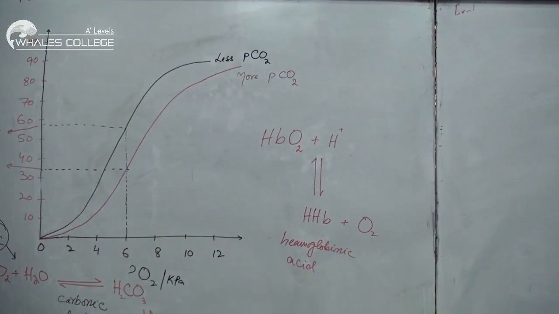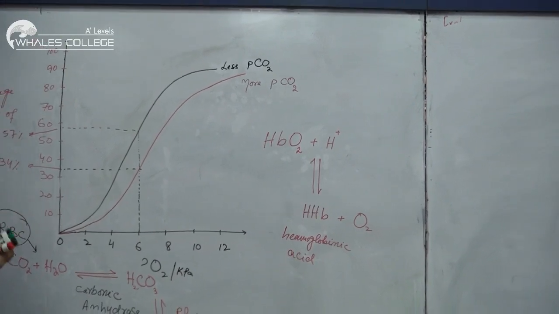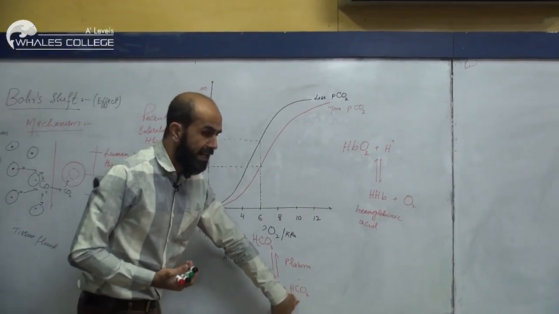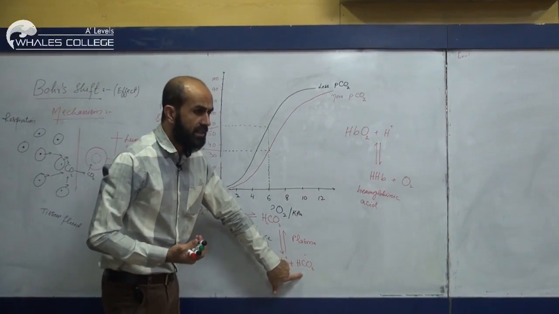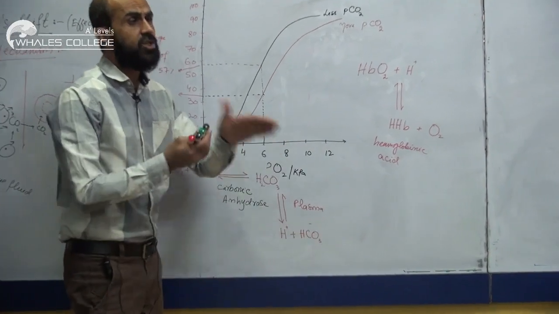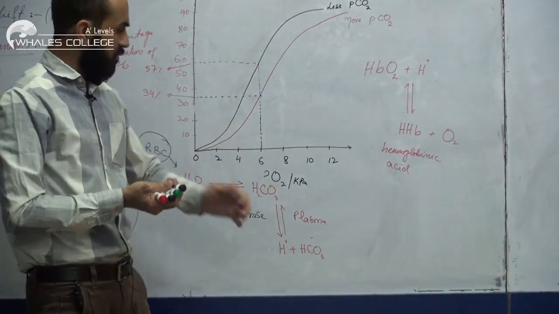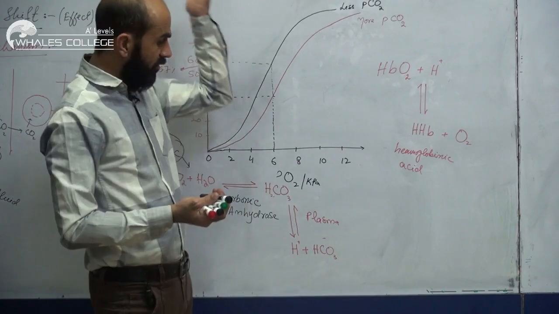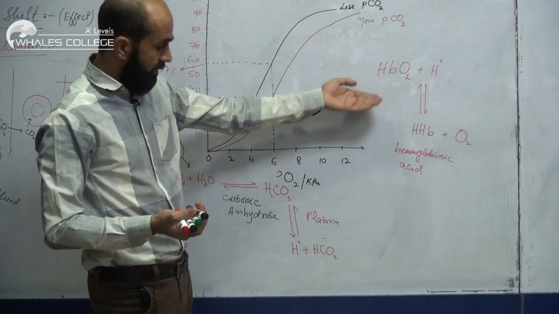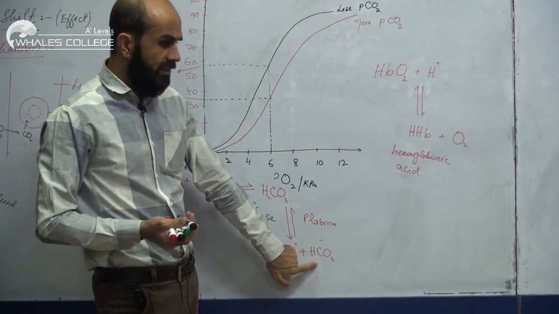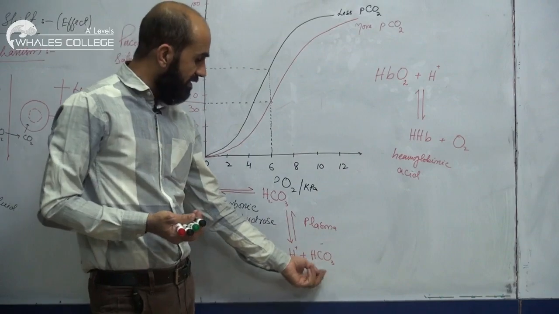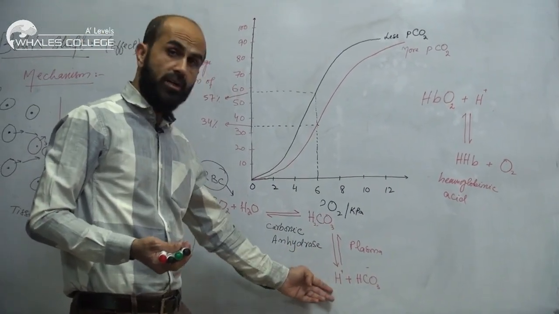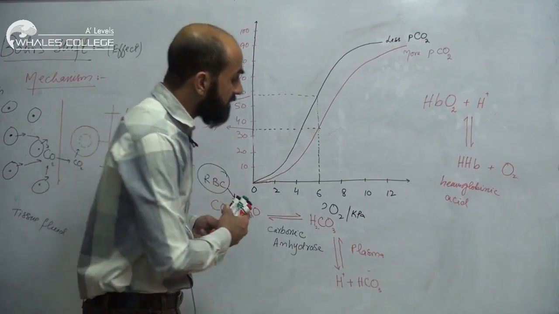Now there is one more problem here, because HCO3, which has a negative charge, if it is also in the plasma, then there will be a charge difference, because the blood plasma will become more negative as H plus ions have been removed by the hemoglobin, and the only radical in the plasma is HCO3. Now this HCO3 cannot come back into the RBC like hydrogen. So what should we do? Instead of HCO3,